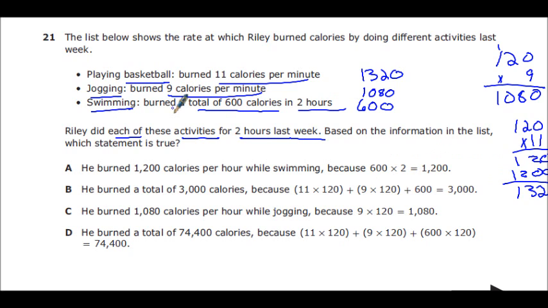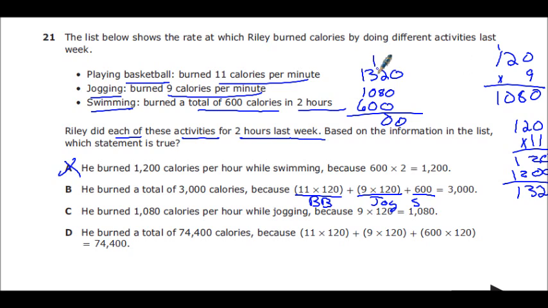But it says here that swimming, he burned a total of 600 calories in 2 hours. It wasn't 600 calories per hour. So A cannot work. B says he burned a total of 3,000 calories because 11 times 120 plus 9 times 120 plus 600 is 3,000. Well, this 11 times 120, that is my basketball. This 9 times 120 is my jogging. And this right here is my swimming. And that is exactly what I did right up here. So when I add these together,